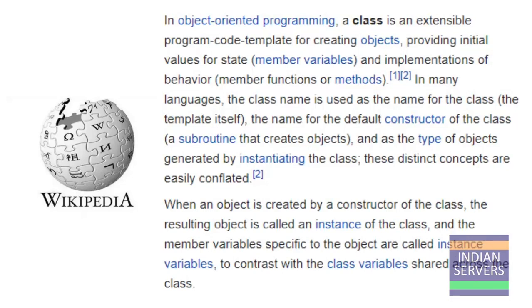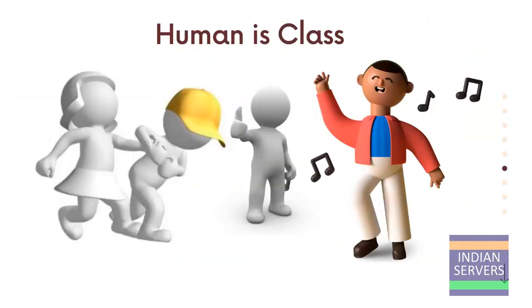A class is a theoretical representation of an object. For example, human is a class. A human will walk; walking is a function. A human will talk; it is a function. A human will have two eyes; it's a property. A human will have two ears; two ears is another property. So theoretically, a class defines the functions it can perform and the properties it will have.